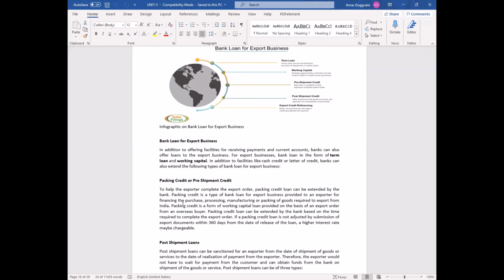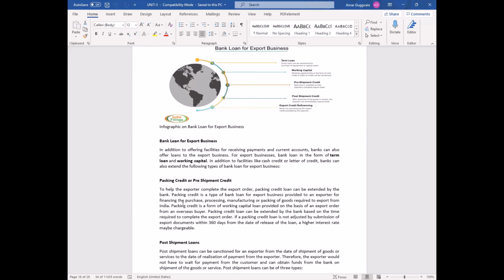Term loans are simply for 3 to 5 to 10 years for export growth and promotion. Working capital is basically for financing your needs of less than 1 year, like salaries, wages, taxes, etc. So the bank finances your very short-term loans, like short-term advances, overdraft, discounting of bills, etc. Also, what happens in the export business is that some of the things are very, very important.